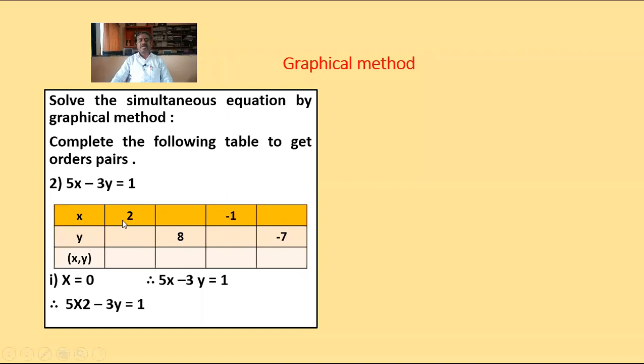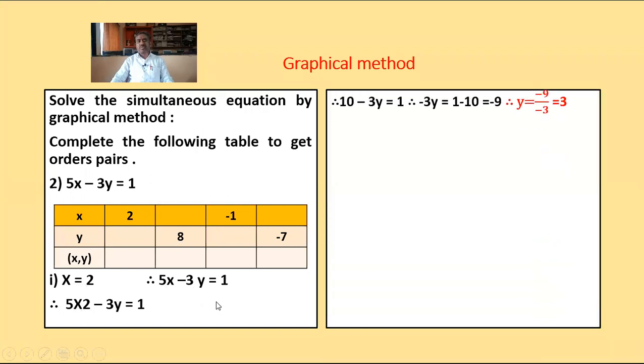First, x is equal to 2 here. Substitute the value of x is equal to 2 in this linear equation, 5x minus 3y is equal to 1. 5 multiplied by 2 minus 3y is equal to 1. 5 twos are 10. 10 minus 3y is equal to 1. 10 goes to the RHS, then we get minus 3y is equal to 1 minus 10. 1 minus 10 is equal to minus 9. This 3 goes to the RHS, then we divide. Therefore, y is equal to minus 9 upon minus 3. Minus minus plus, 3 threes are 9. Therefore, y is equal to 3. When x is equal to 2, we get y is equal to 3 and the coordinate point is (2, 3).